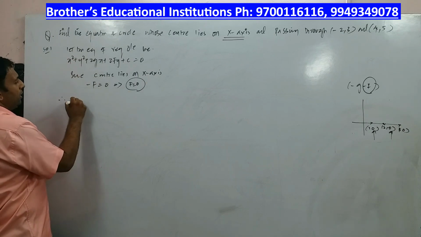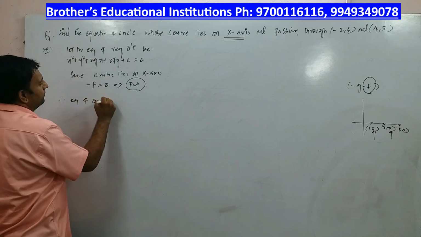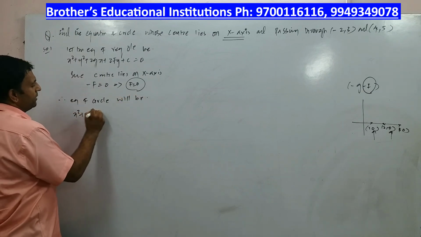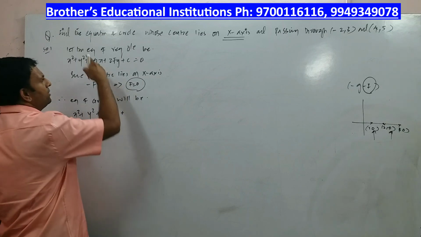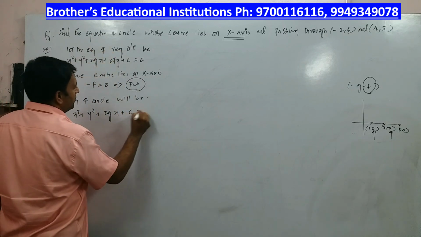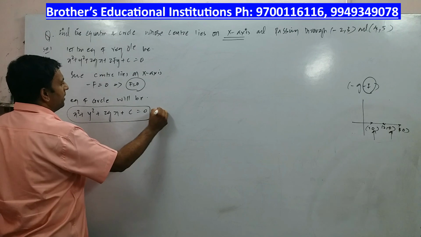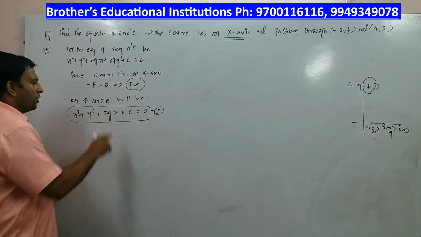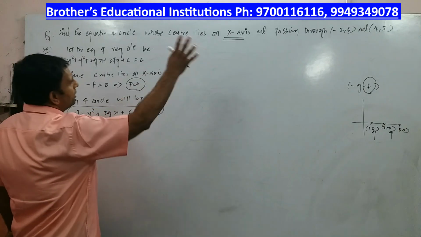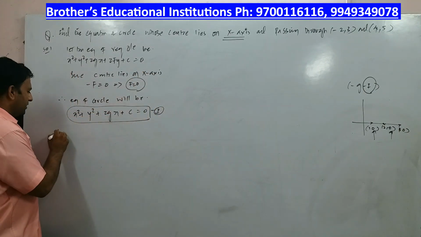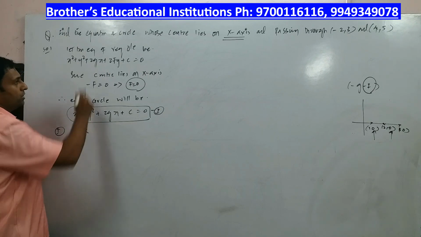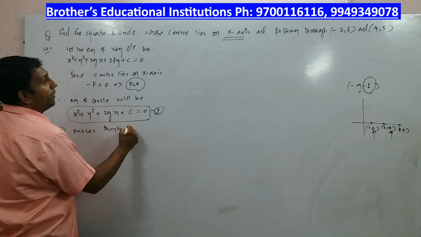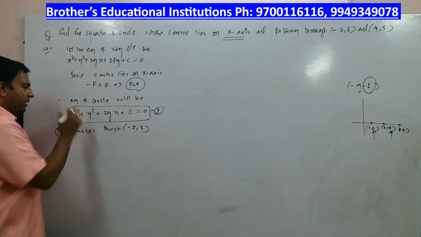Therefore the equation of the circle will be, making things more simple, x square plus y square plus 2gx plus, f is 0 so there won't be any term, plus c is equal to 0. Now I have only 2 variables, g and c, to be found out. For 2 variables I require 2 conditions, which are the 2 points through which the circle passes. Children, do it this way, it becomes very simple. I passes through the point minus 2 comma 3, so take this point and substitute it over here.